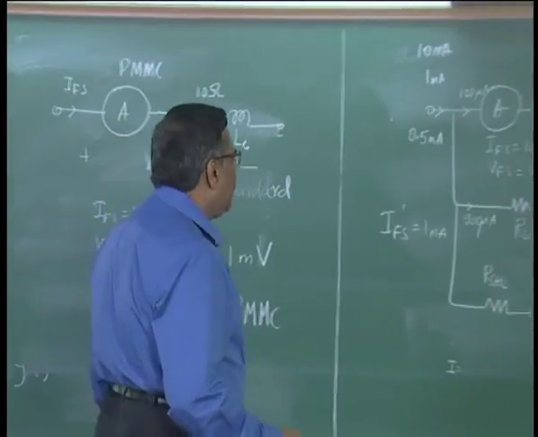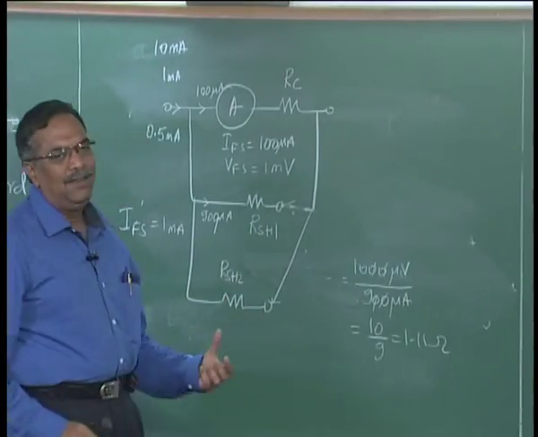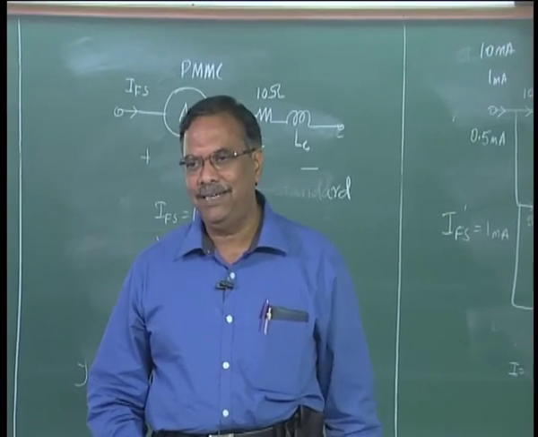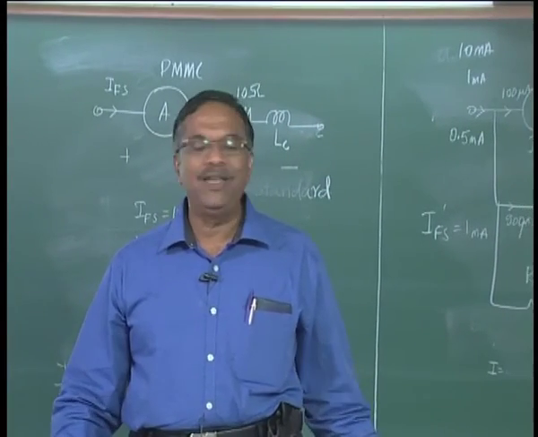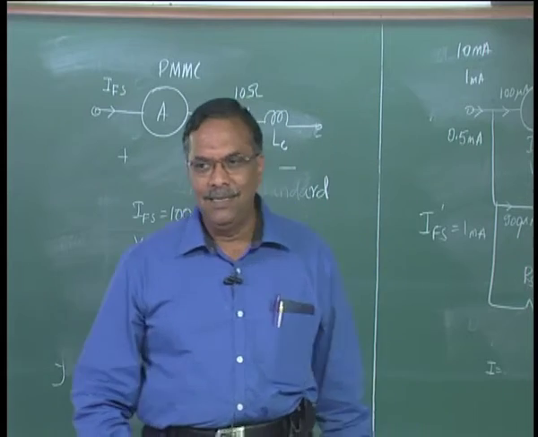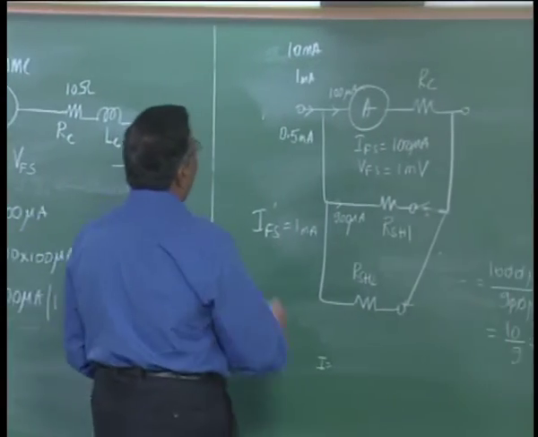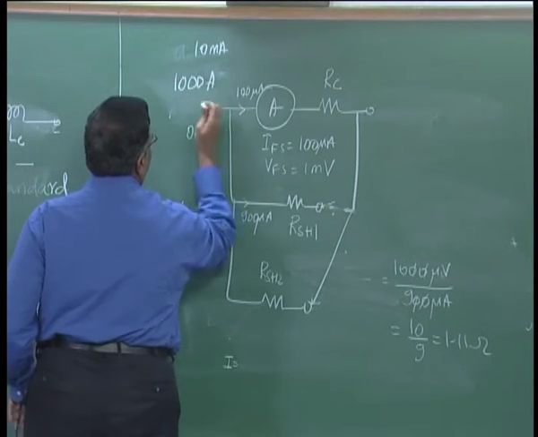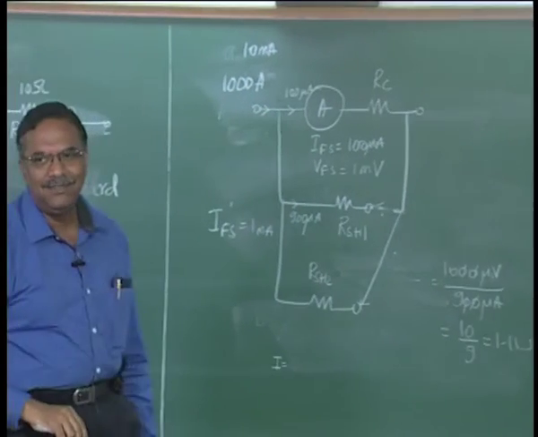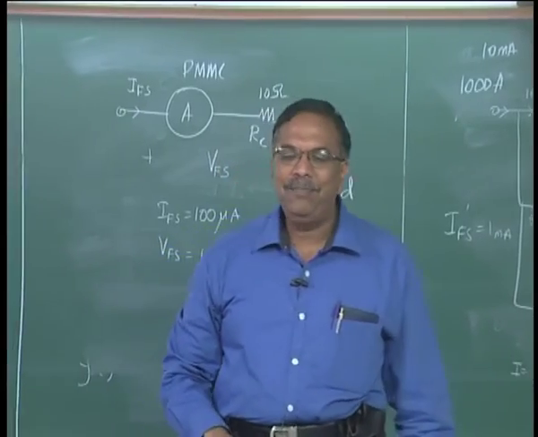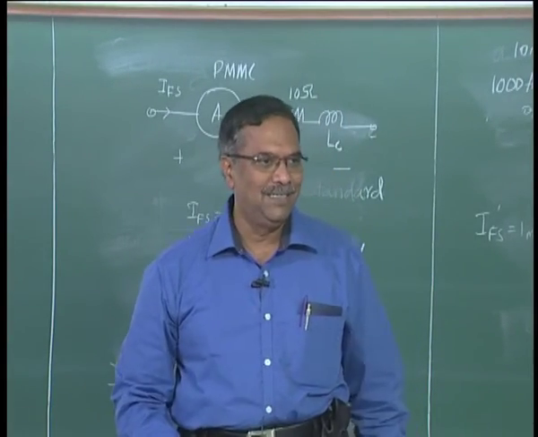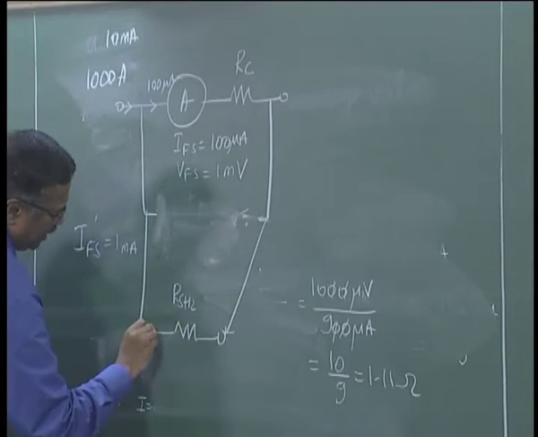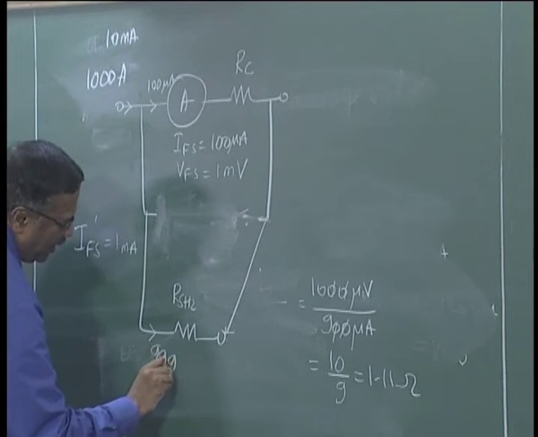The limiting factor would be the physical value and the size of the shunt, right. I can't put 1000 amperes. Why can't I put 1000 amperes? I want to put a shunt resistance so that the current becomes 1000 amperes full scale current. Let us do that. At 1000 amperes, my meter current should still be 100 microamperes. So, my shunt current must be 999.9